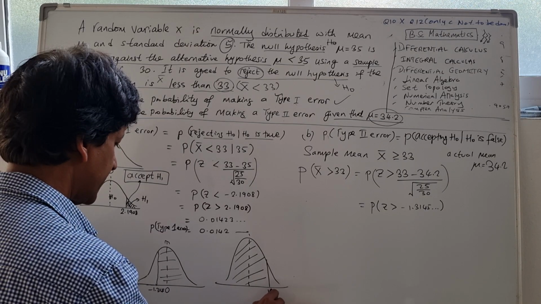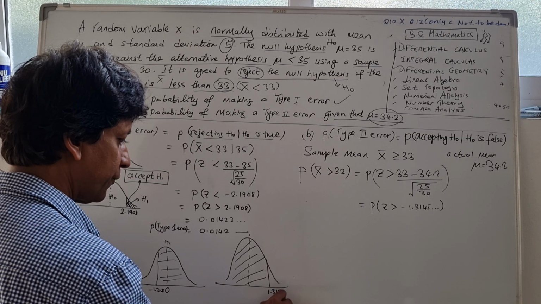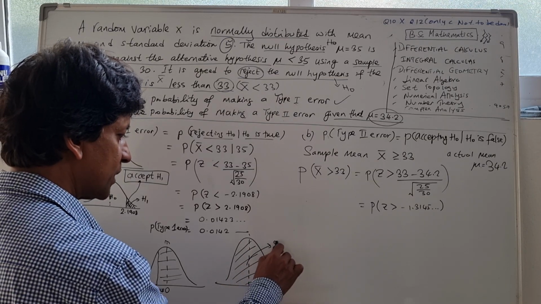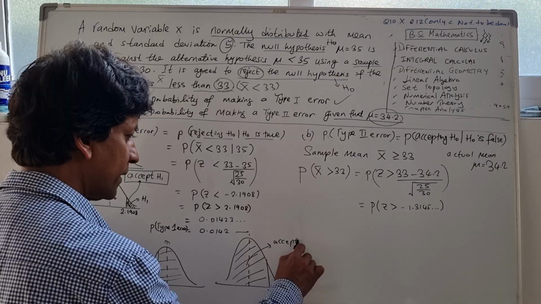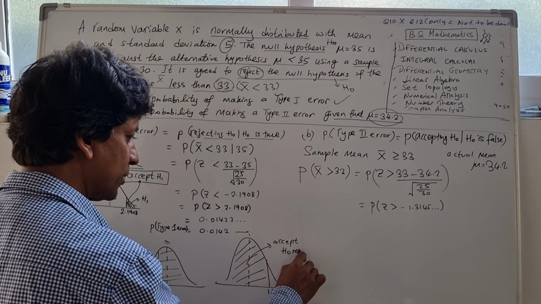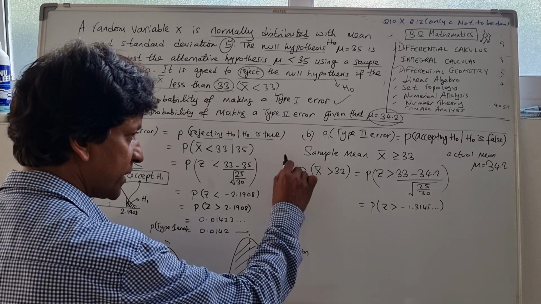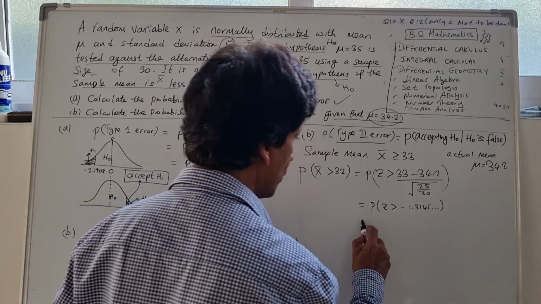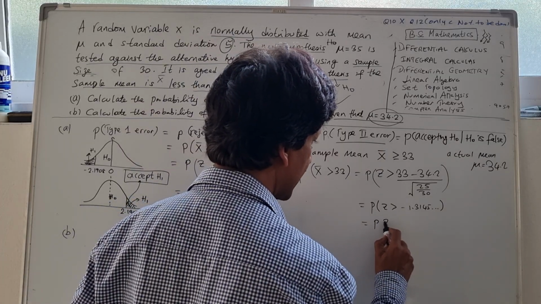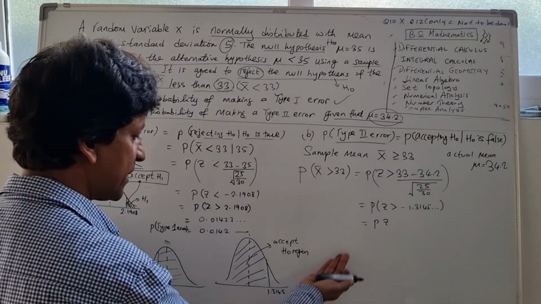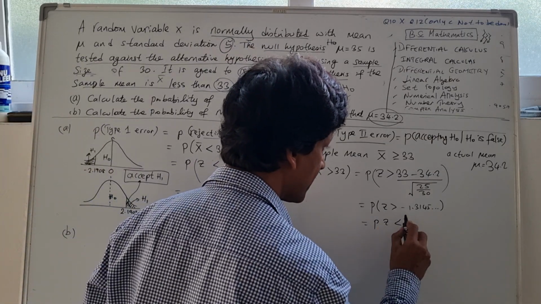So 1.3145. We're accepting this region, this H0 region. That's basically your type 2 error. Here. So are we saying then the probability of Z being greater? All right, so now being less because you flipped it over, so it's going to be less than